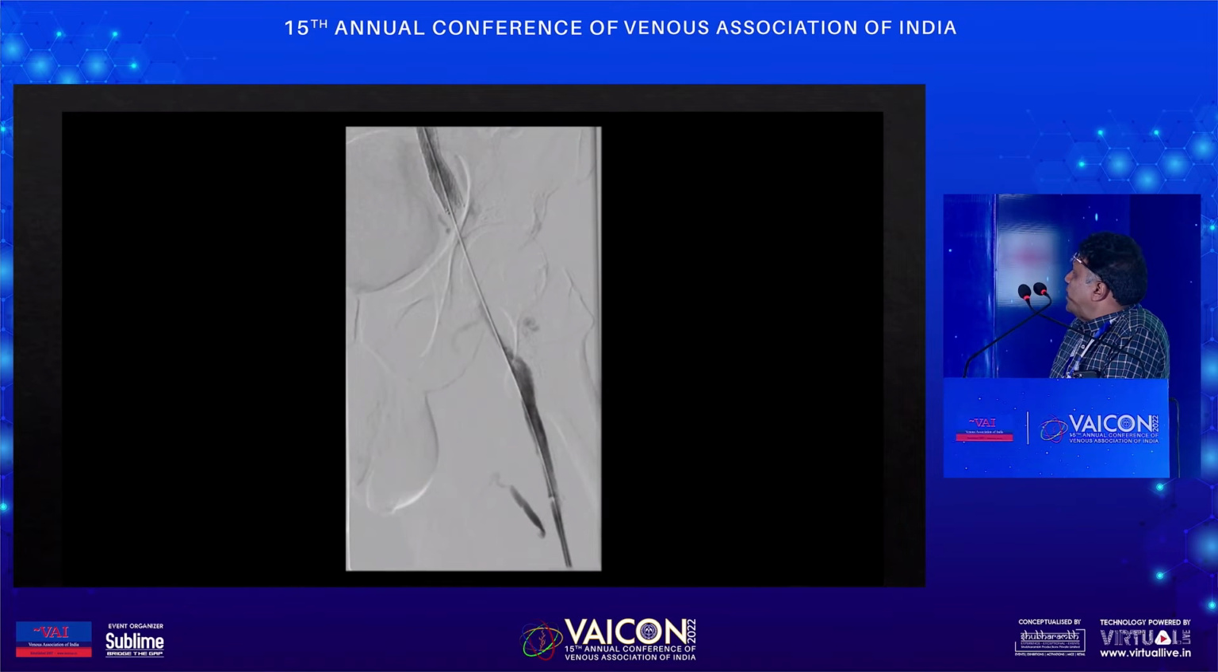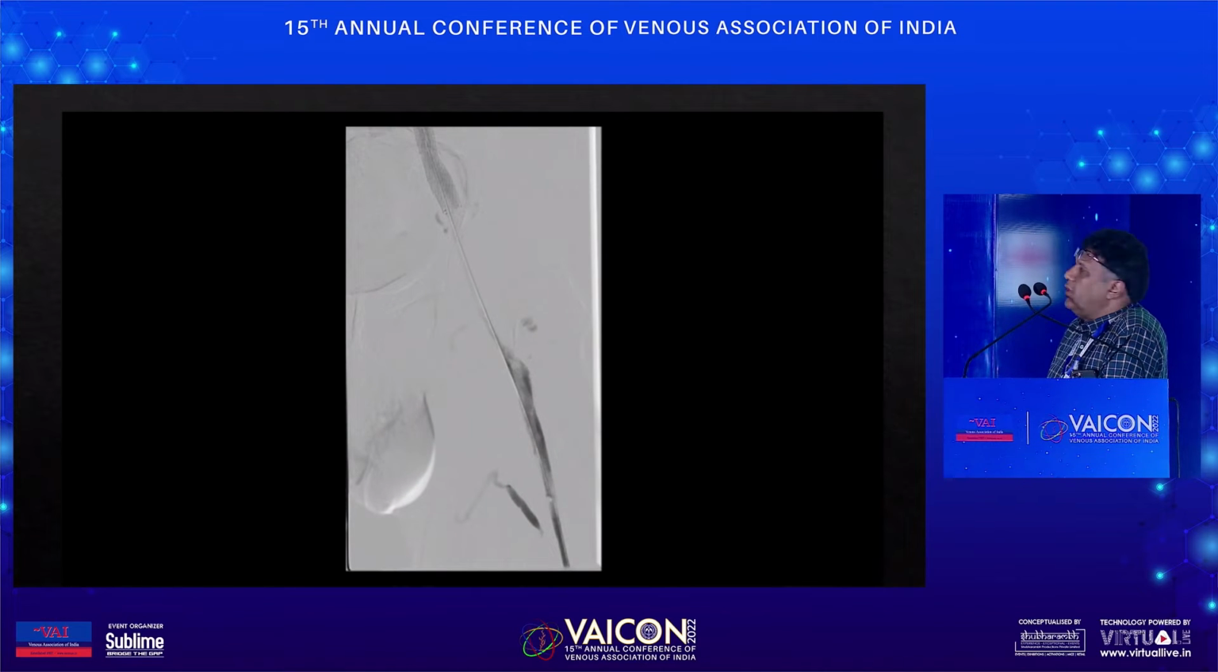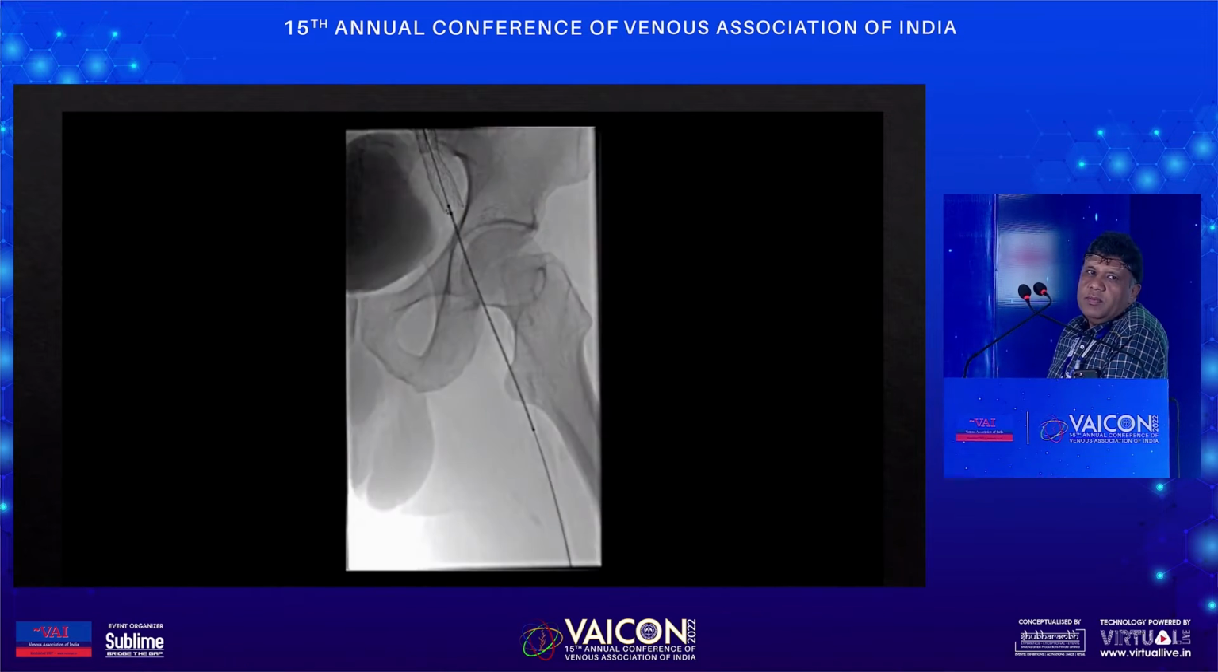You can see both the SFE, iliacs and IVC. So this was the case where both the iliacs and the IVC juxtarenal was occluded. Now the second case,